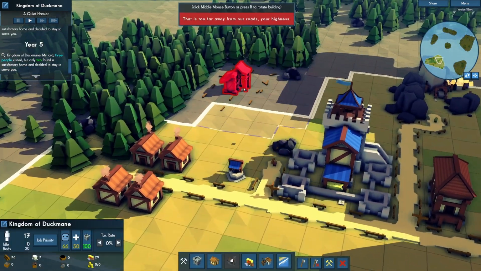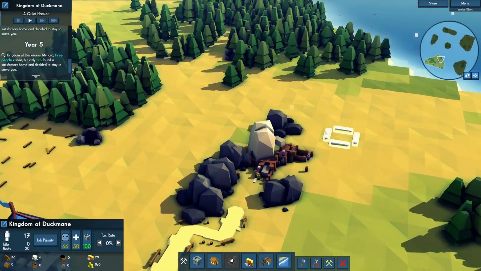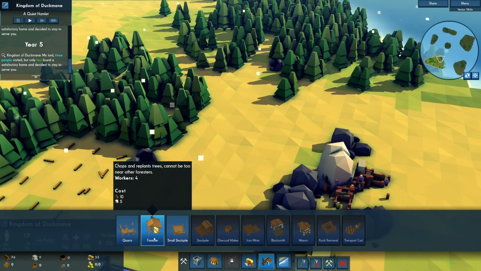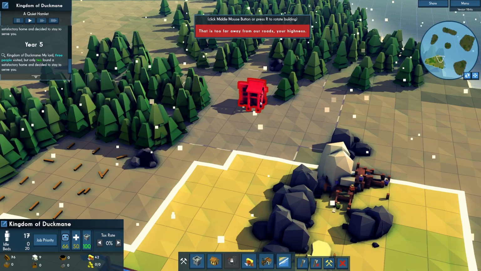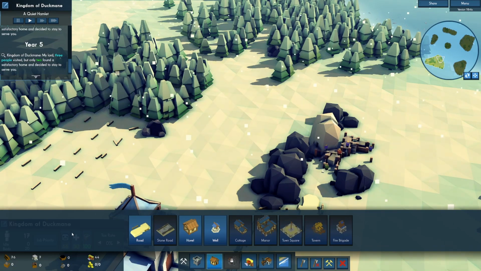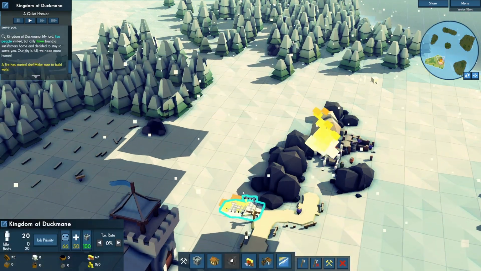Forester is high on my list, though. I'm not sure where I want to do it. Maybe up here? Fairly out of the way. Gives me a bit of room. So I might do that. We just need to build a road up there. Which we better just take...